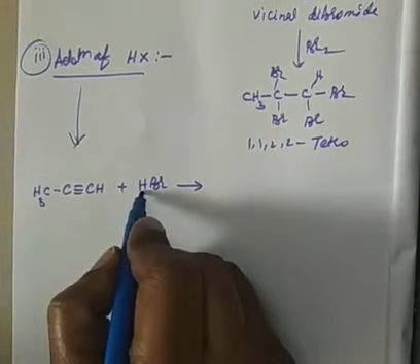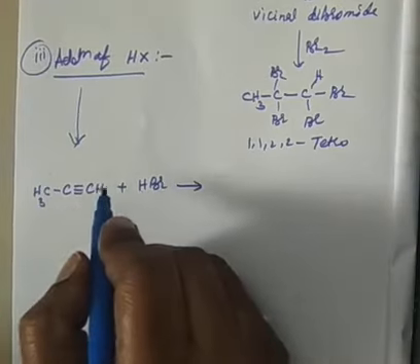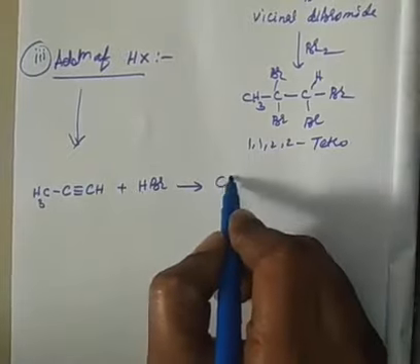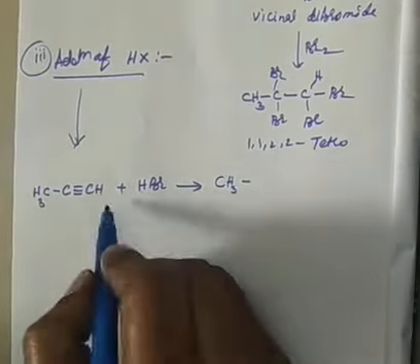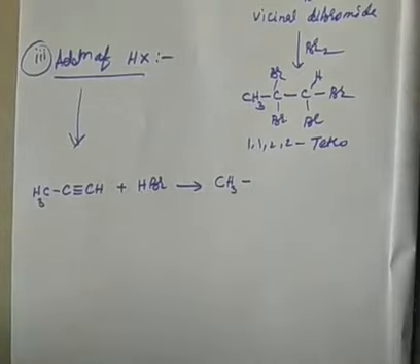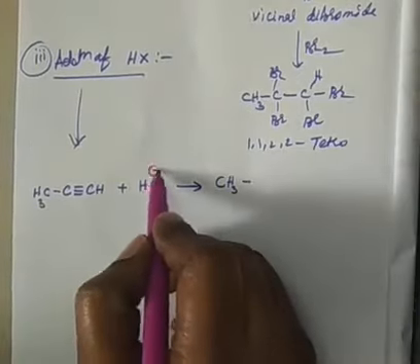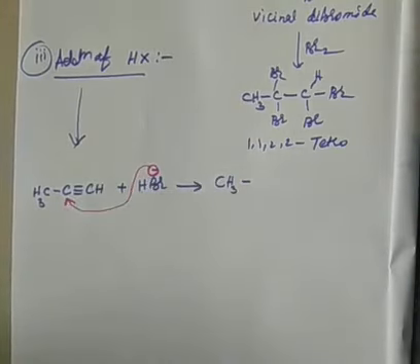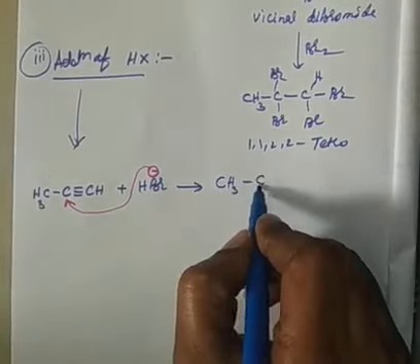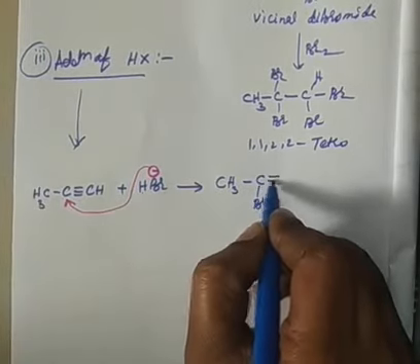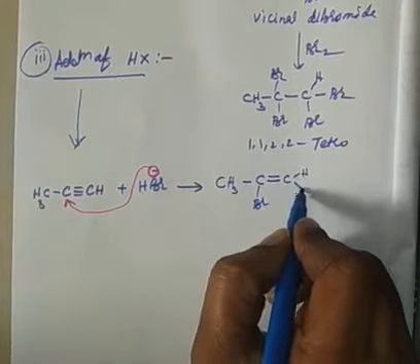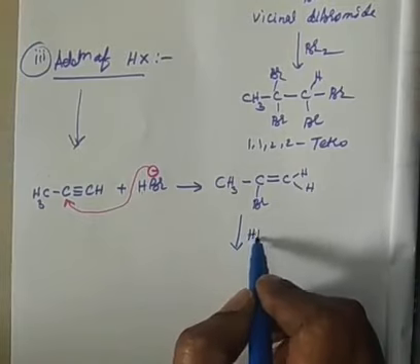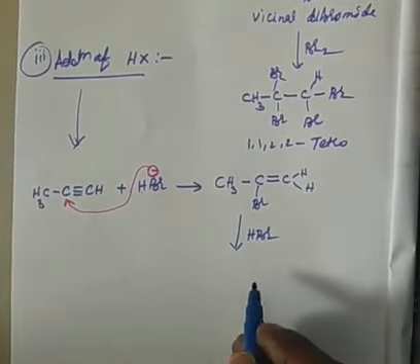See here, H can be added to one carbon and bromine can be added to the other carbon, right? So I will get here CH3. So again, you can remember the Markovnikov rule. What is that? Because this is an unsymmetrical alkyne, the negative part of the adduct should be added to the carbon atom containing fewer hydrogens, right? So here my bromine is attaching, the double bond remains, and it becomes CH2, right? Now will it stop here? No. Again another HBr will react.